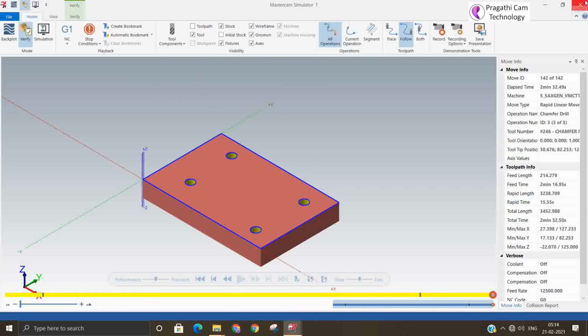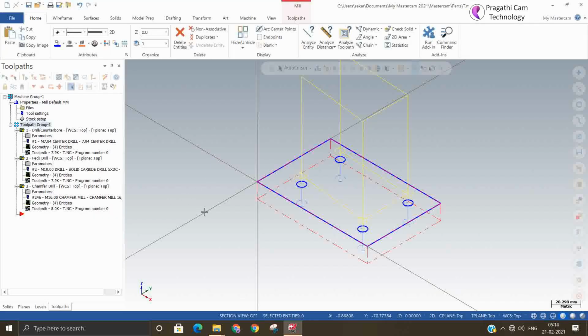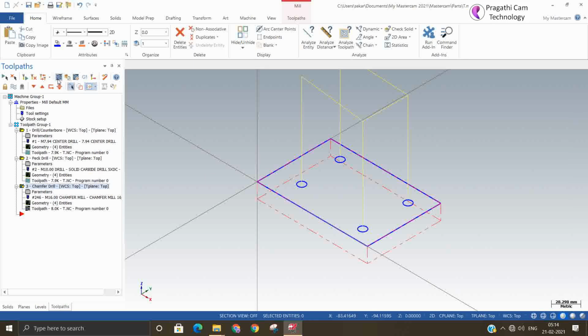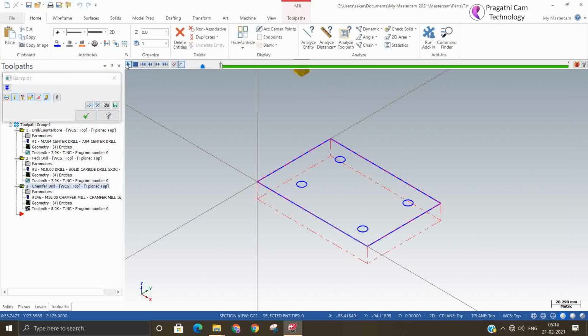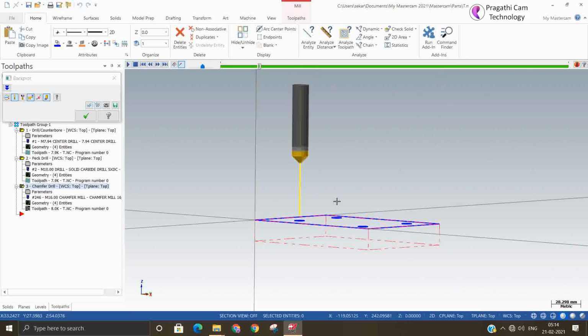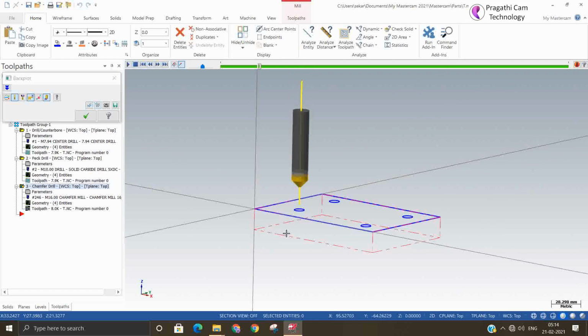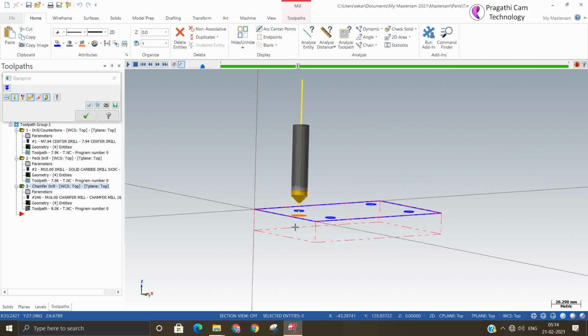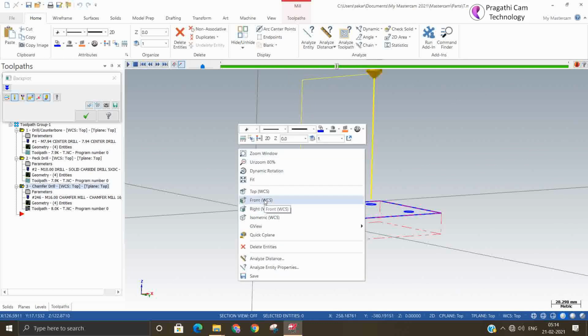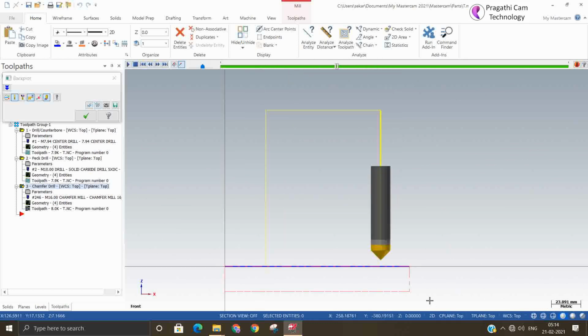No, chamfer is not there. Then we'll increase the depth. We'll study the backplot and see how the depth is. So still we need to increase the depth.